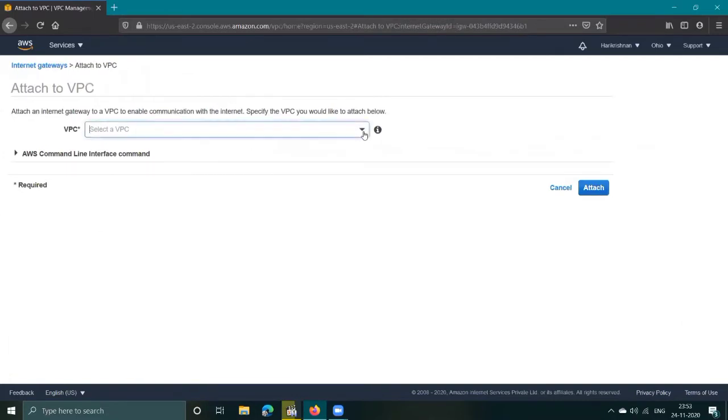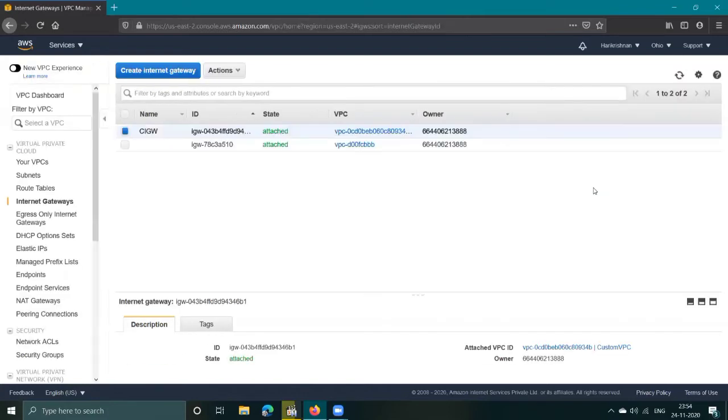You have to attach the internet gateway. So select CIGW, go to Actions, attach to VPC. Select the VPC we want to associate, the custom VPC. Now attach it. See, it is attached now.